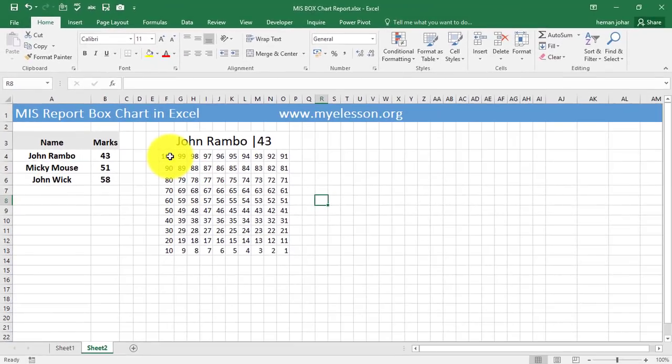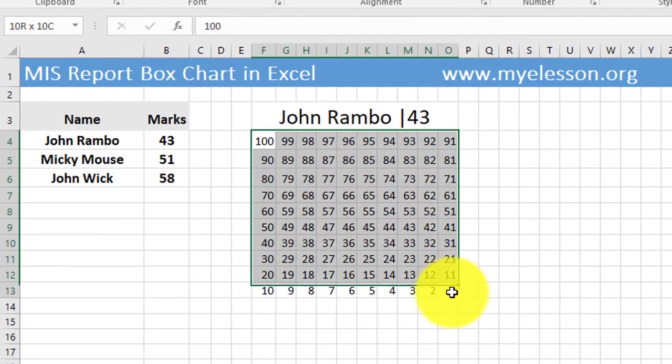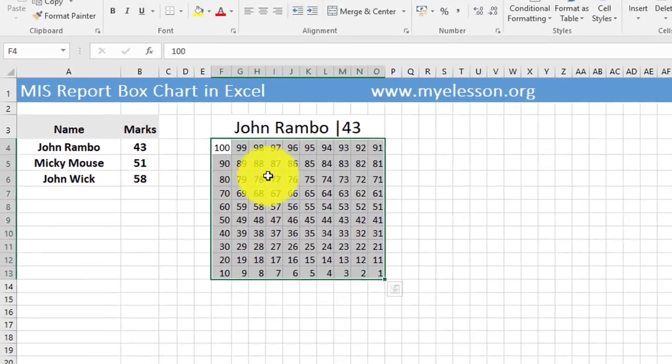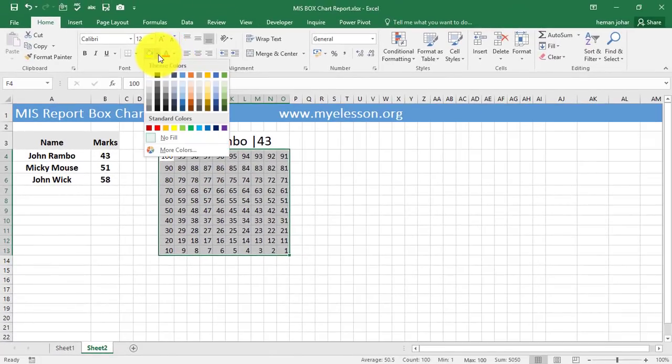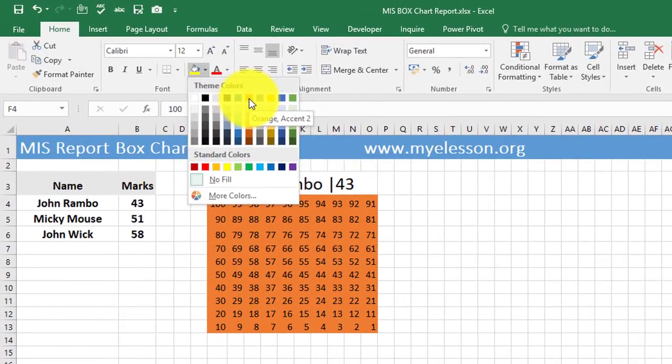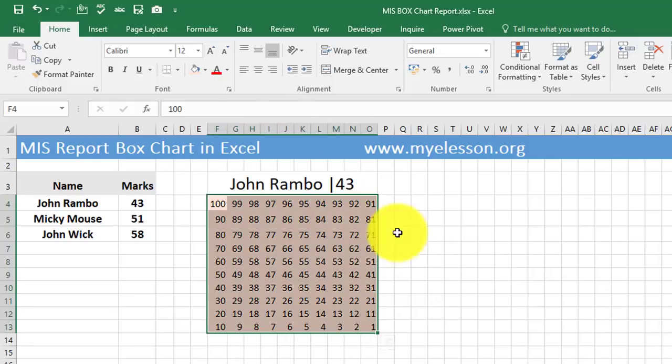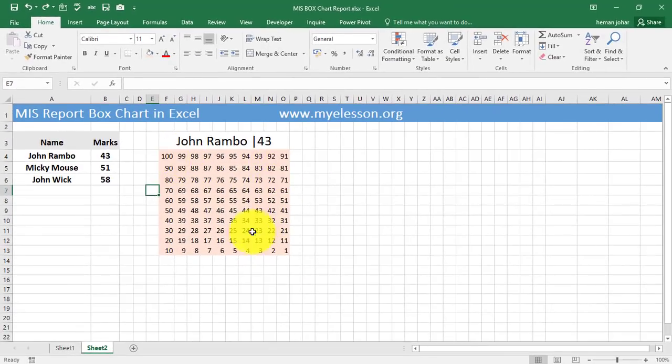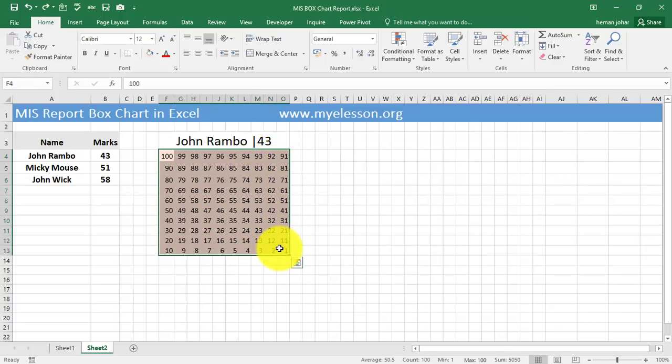Alright. So my basic report is getting ready. So now the marks are showing over here. All I need to do is get a color over here. To get a color over here, I need to use conditional formatting, but before that I'll give it a light color from here. So in case I want to give dark orange color for the final result, I'll choose a light orange color from here. All right, so once I've given a color over here, then I will start creating my dynamic report.